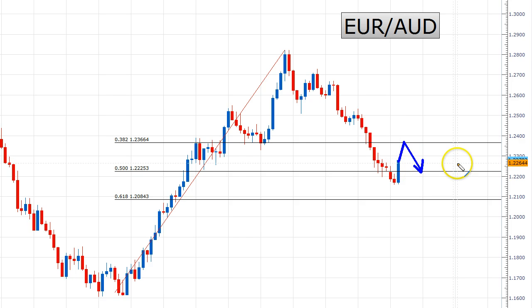And of course, the key thing to do when you're looking for these entries is to get in before other people get in, but not get in too early where you're just jumping on a fake out and it's just going to crush you. So, for instance, as EUROAUD started heading down here, originally there were people getting in up here, maybe even up here. But the people who got in down here and down here are the ones who probably got crushed today.